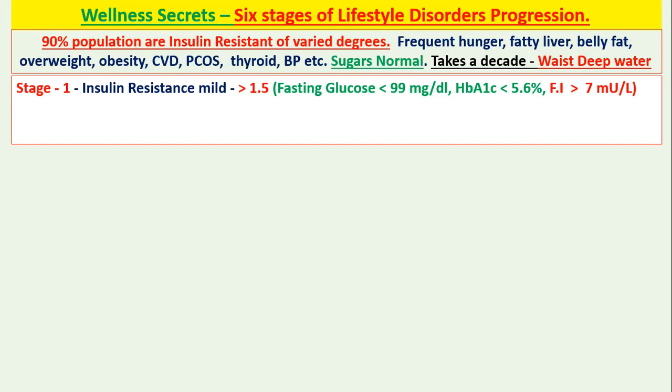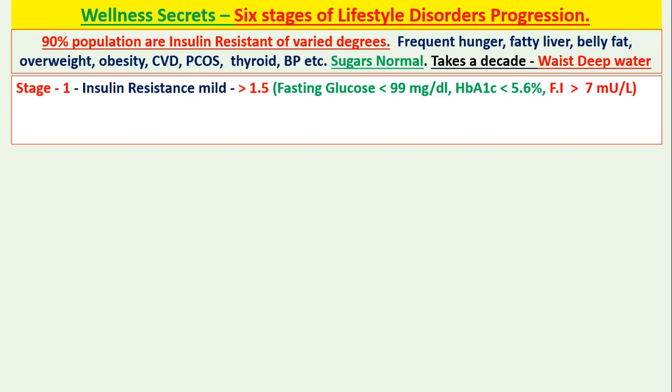Cardiovascular diseases. People have high triglycerides, high LDL, high total cholesterol, low HDL, high VLDL. All these are causes of cardiovascular diseases. A lot of people already have the problem and have gone for a stent also. PCOS is a very common problem for women. They don't get their periods on time. Thyroid problem, hypertension. The BP at times will be above 120 by 80. But when they check, the sugars are normal.